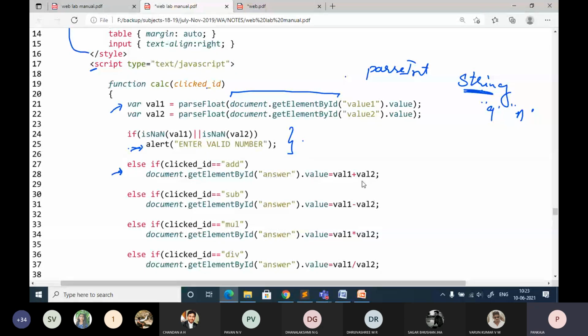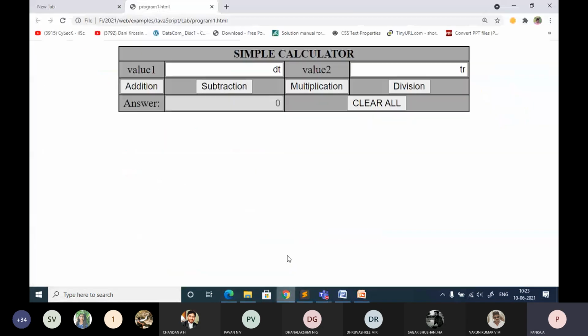So those two values will be taken and added, and it will display on the screen what the answer is. On the HTML page you are able to write what the addition of these two numbers is. So what is this answer here? That is where you are going to get the result. That is once again an input box name. There you are going to write the values.